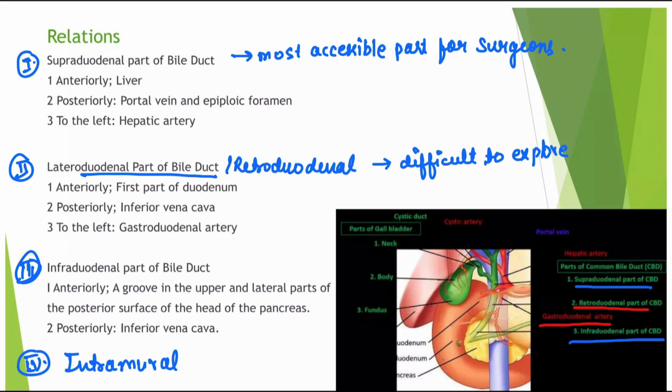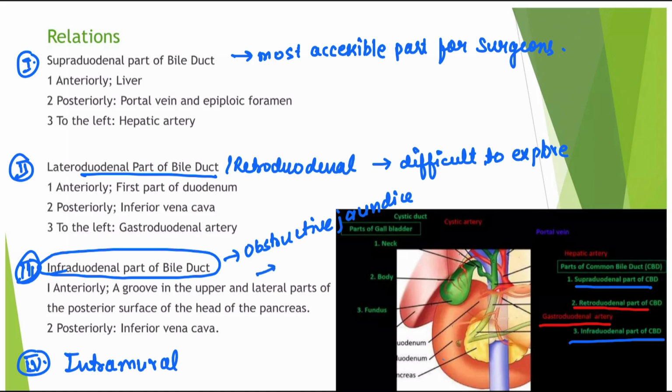The most important part is this part. When you study obstructive jaundice, you will see one of the causes is periampullary carcinoma, specifically carcinoma of the head of the pancreas, which involves this part. When you study further, you will be able to understand this part. I'm just telling you in brief so that you have the basic idea when you study